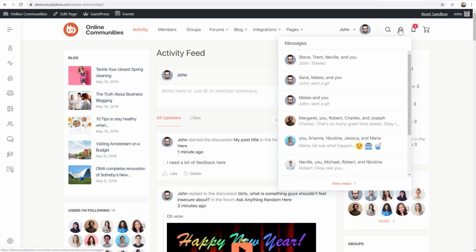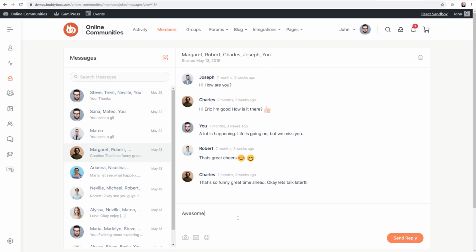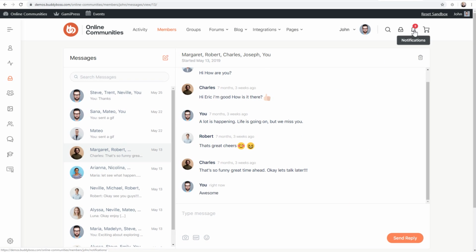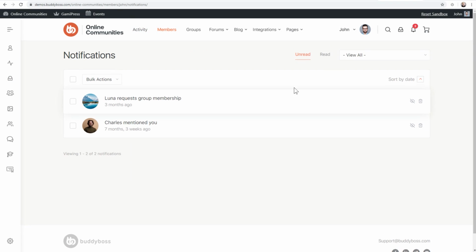You can also enable private communication through the personal message box, which is an option that you have available to enable your members to communicate with each other. And yes, of course, there's notifications. Each of your members will get notifications when people are responding to them and when there's new activity in their